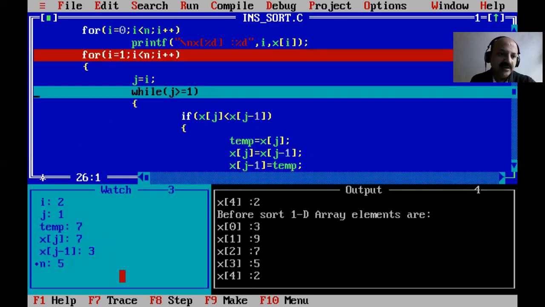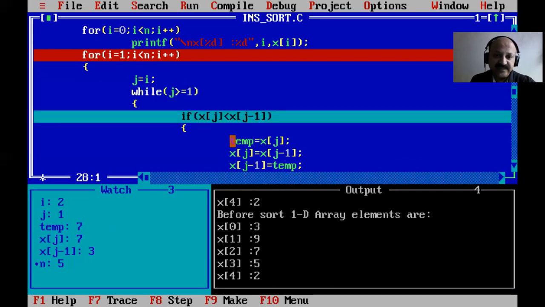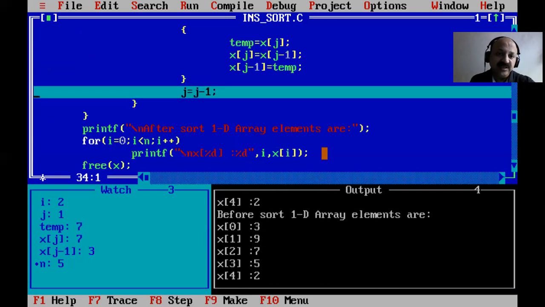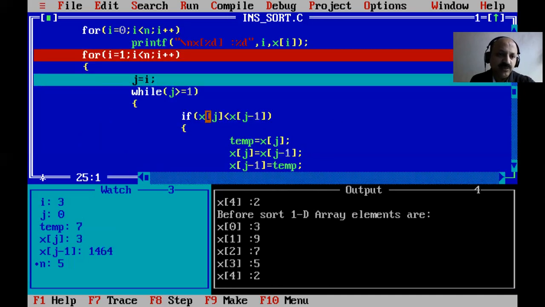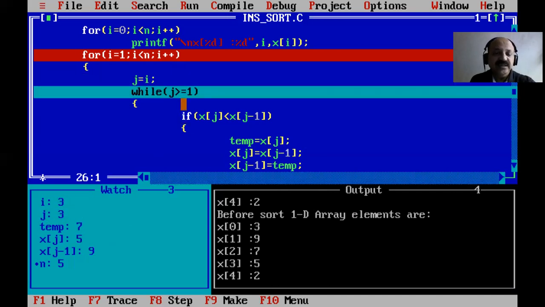Again compare, j is greater than or equal to 1, yes. Now what happened? Is 3 less than 7? No, so the while loop is false. And i plus plus, so i is 3 and now j is 3. So the process continues.